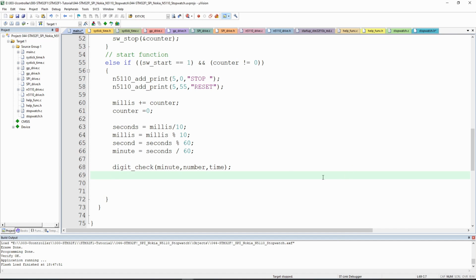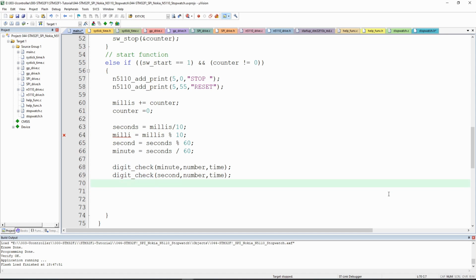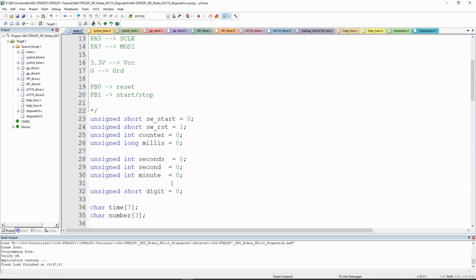We will repeat exactly the same exercise, but by changing here the minute to second. This will update our second. And for the last one, we have to update the milli, which is, yeah, this is not millis but should be milli. So we are going to do it just manually. Okay, milli has not been declared, so I will declare milli